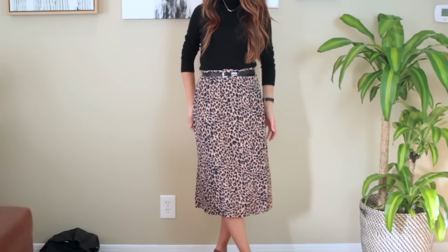Kind of weird. I used to do this all the time when I was in high school. I'd get real creative with it so I could style things in more than one way. And obviously you want to be careful with this because the fabric can make it look like you add more weight to the middle because it's getting folded in there. If I had a wide belt that matched this, that's what I would have paired it with. I think a wide belt would have concealed that better, but I just did a skinny black and gold